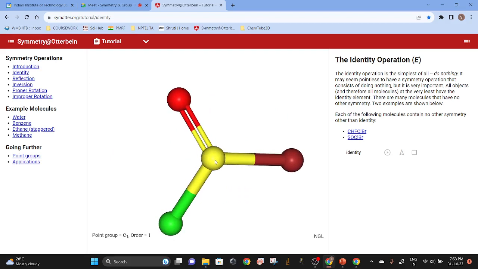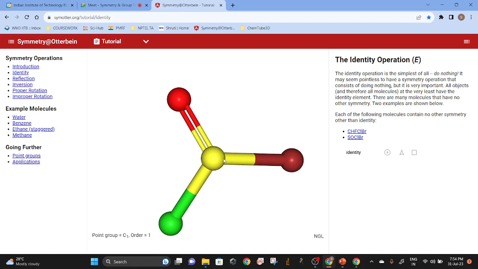See, you can't apply, you can visualize, right? If you apply any reflection, suppose I put a plane here along the SO bond, then the green one will go here, reflection plane, and the red one will come here. Okay, which will not be the similar configuration, right? The molecule will not look exactly the same as it is now. So it has no reflection. None of the bonds will reflect,